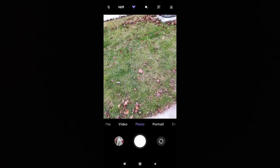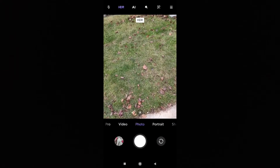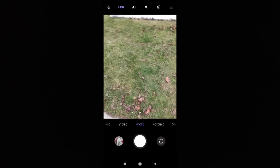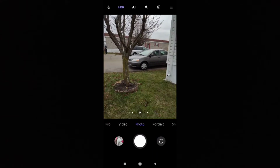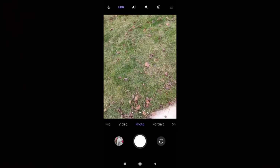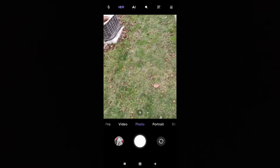So the first thing I do is I shut AI off and turn on HDR, because I'll use this macro zoom to take pictures of my nails. But I have this tree here. Usually it's obviously full, but it's wintertime, and that creates enough shade. But still, this spot by the tree is usually where I go. And I just